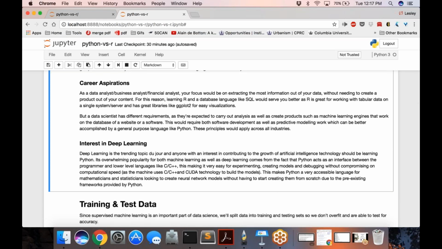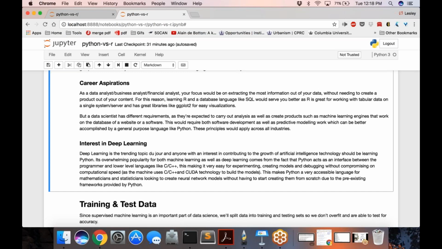Now, for data scientists and data engineers, Python is probably one of the better choices just because it is general purpose. As we'll come to learn throughout this tutorial, Python is great for analysis or any data science projects that aren't standalone.